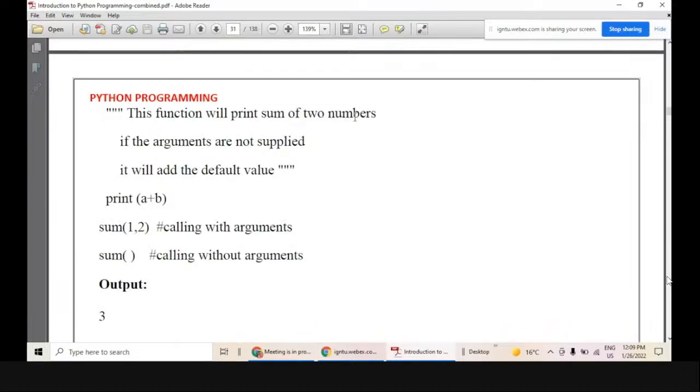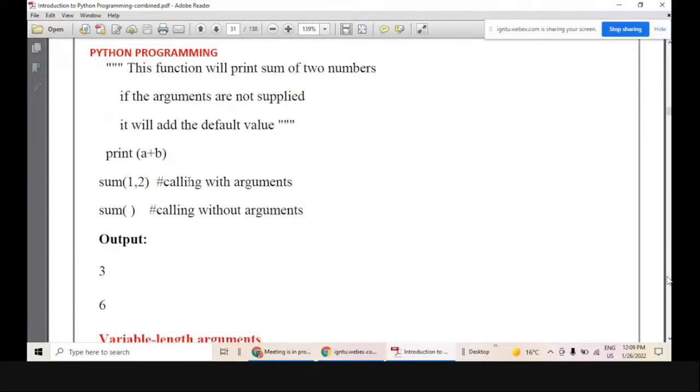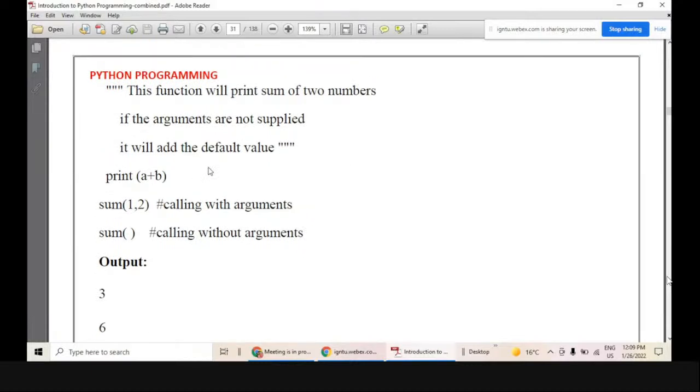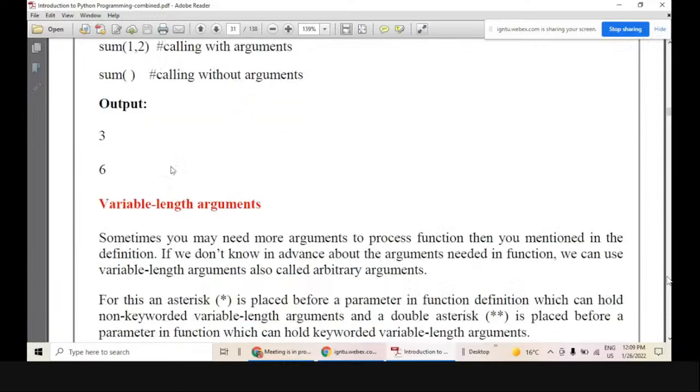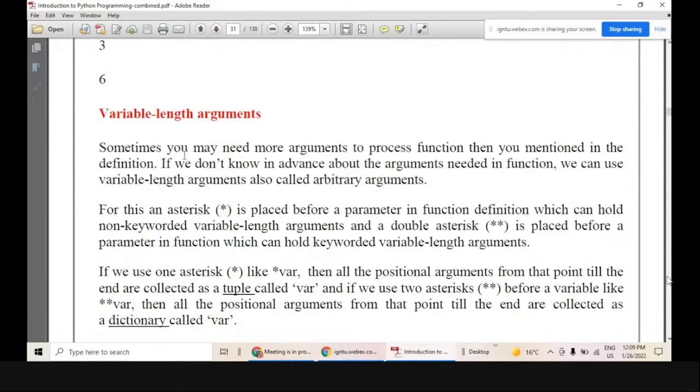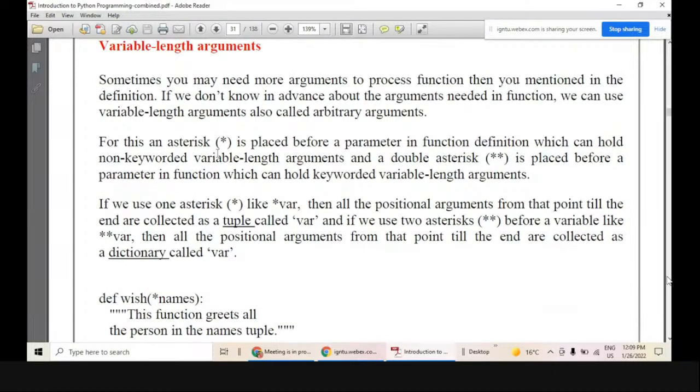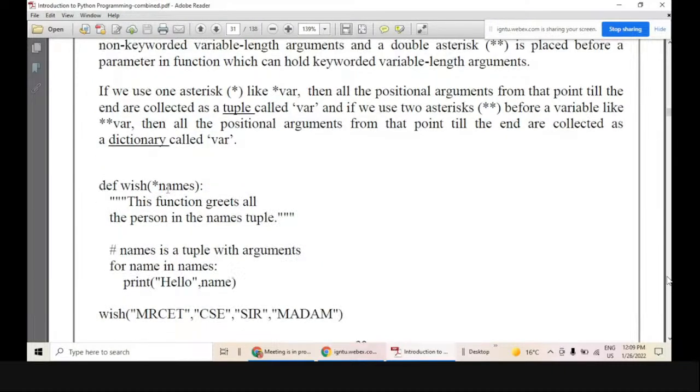Some values in calling functions are also there, some 1, 2, so it will show the output 3 and 6. We'll do this simple one. Now we move to variable length arguments, the next part of these slides. Variable argument, in which if you define a particular function with star names, it means whatever arguments you have